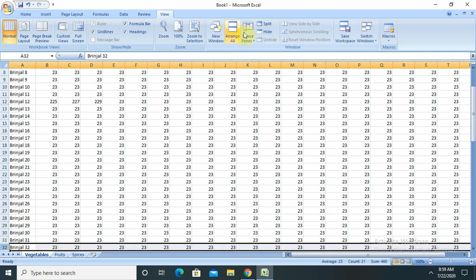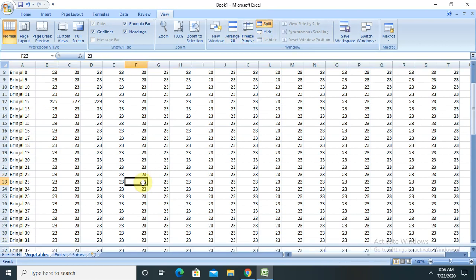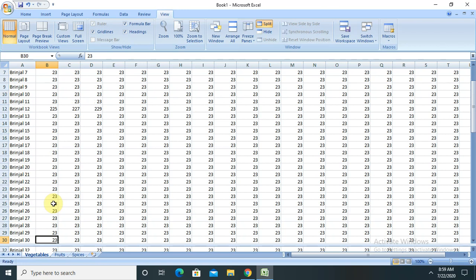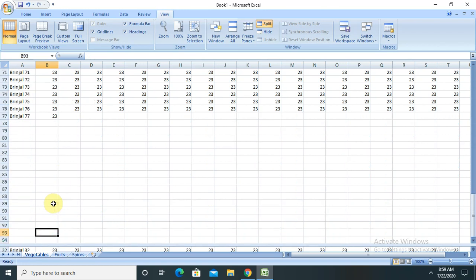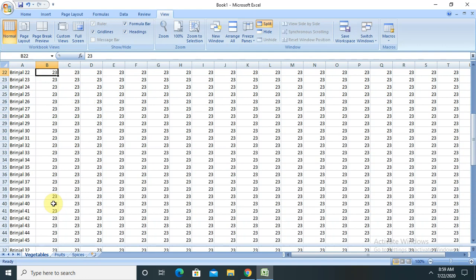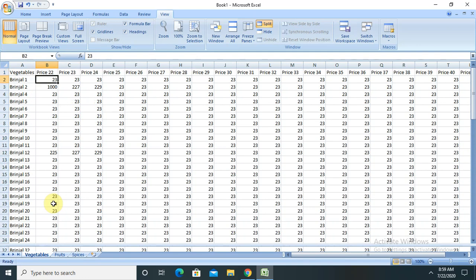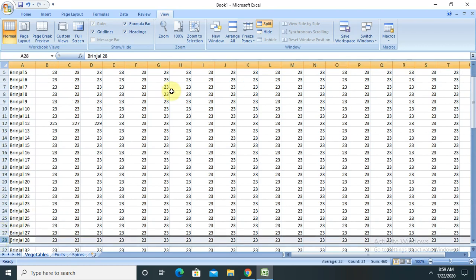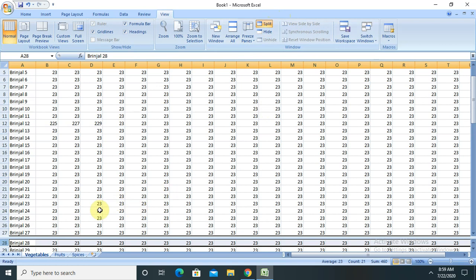Let's split from here. Now if I want to go up in this section, then it's possible, and it scrolls up to here only, and we are getting proper data. So this is the main advantage here. But if I am working on millions of data and I am in the bottom section, so split.